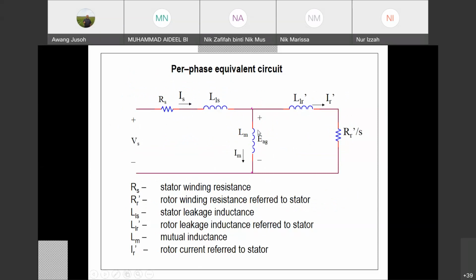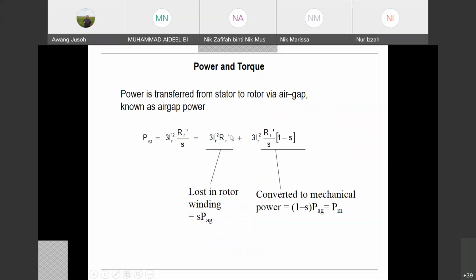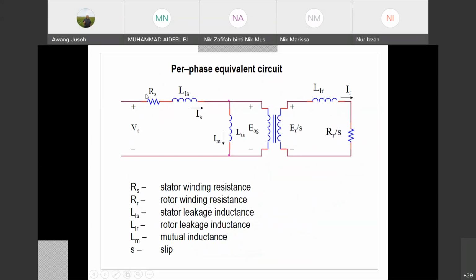Okay, so based on the IEEE circuit here, what does the resistance component normally represent? It's losses, right? When you talk about resistance, it is losses or power consumed by the circuit, because you have I squared R. Inductance does not consume any power, so you don't bother about that. So the losses are represented by the resistance in the circuit. So we have two resistances there, Rs and also R or R2. Very good.